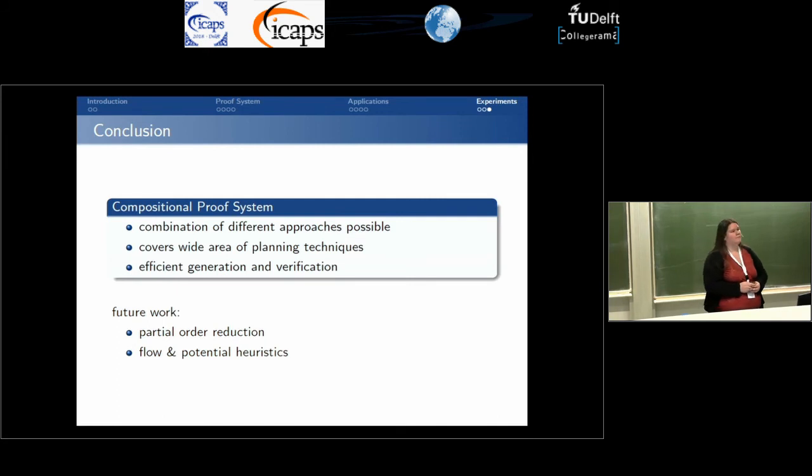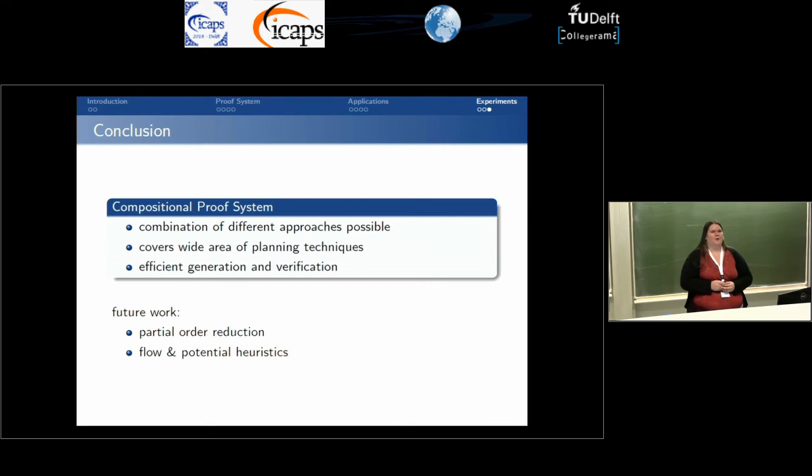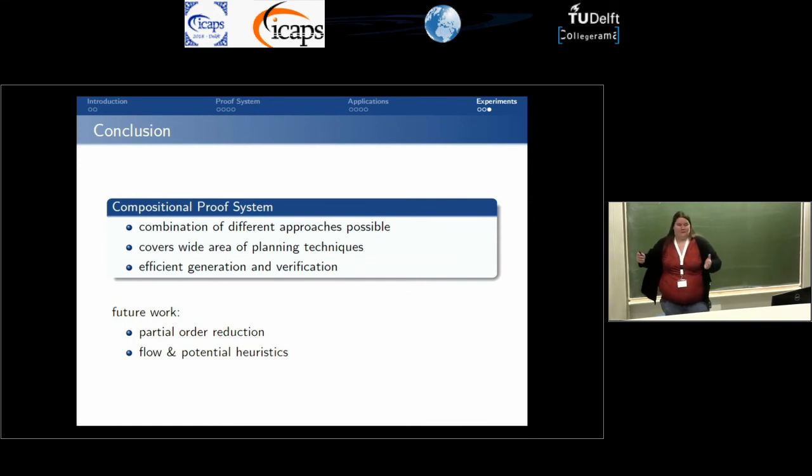How far away do you think we are from using this sort of thing in the next unsolvability IPC? What are the major hurdles that will need to be overcome? That's a very good question. I'm not entirely sure. We've shown for quite some techniques how this can be done, and I think it is quite powerful already.